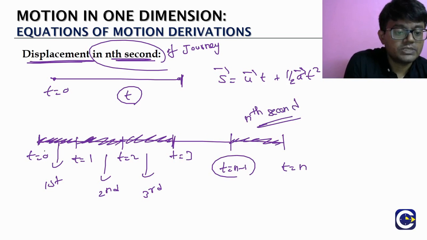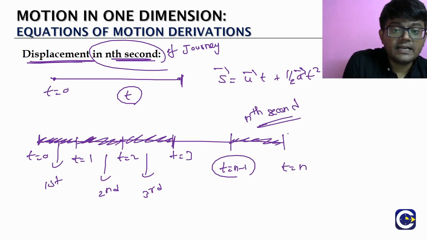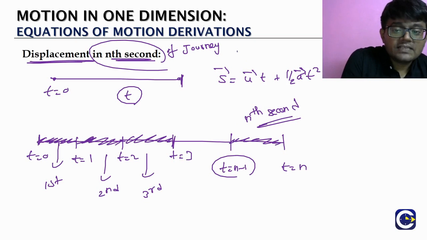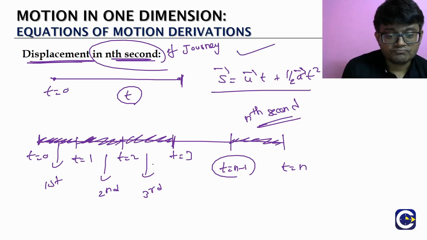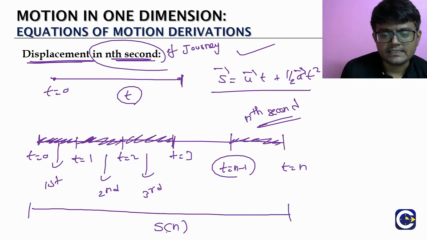So t is equal to 0 to t is equal to 1 is the first second of the journey, t is equal to 1 to t is equal to 2 is the second second, and so on, the nth second means t is equal to n minus 1 to t is equal to n. So here what we have is the total displacement formula. We can find the total displacement in n seconds. If you put t is equal to n in this formula, what are we going to get? Total displacement in the n seconds. Let us call it